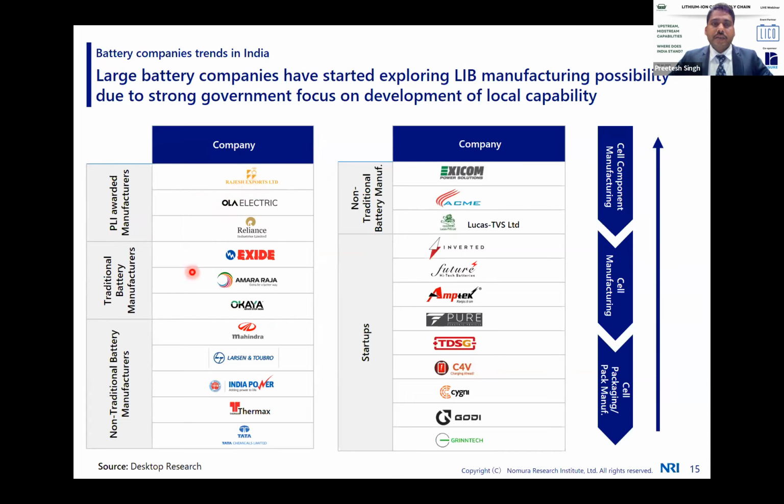Then we have traditional battery manufacturers, which have a very good understanding of how the automotive industry works. And they probably also have much better experience working with the automotive OEMs. So their experience is also going to count a lot. Their presence is inevitable in lithium-ion battery manufacturing. Then we have non-traditional players also, such as Mahindra, L&T, India Power, Thermax, Tata Chemicals. There are others also, and there are startup companies. So there is a mix of companies mostly exploring pack manufacturing currently, and in future they plan to have